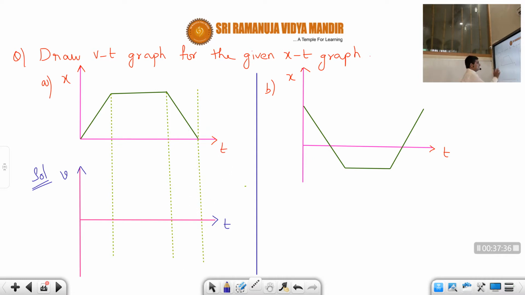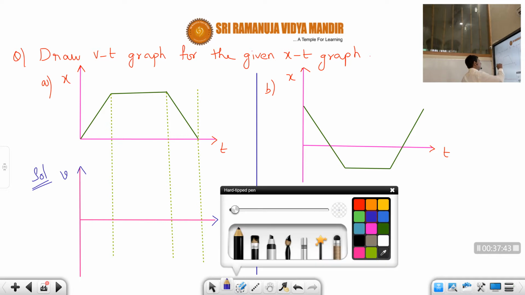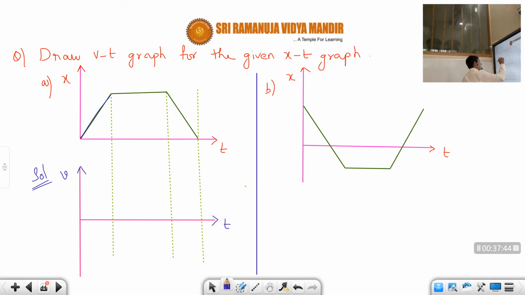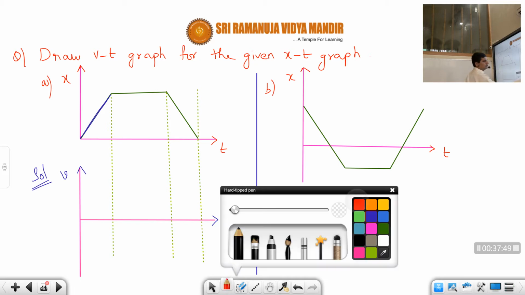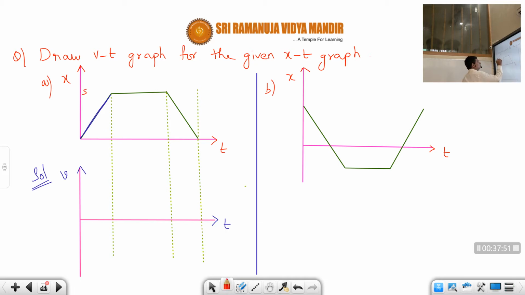Now let us see this first region, students. If you observe carefully the slope here, slope means for this line. First of all, is the slope positive or negative, students, for this one? Here during this region, the slope is positive because of the acute angle. And is it varying or constant, students? Constant. Slope is positive and constant. So that means velocity also must be positive and also constant. Correct or not, students? Velocity is positive means above.